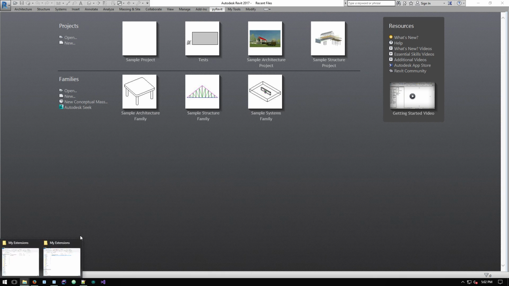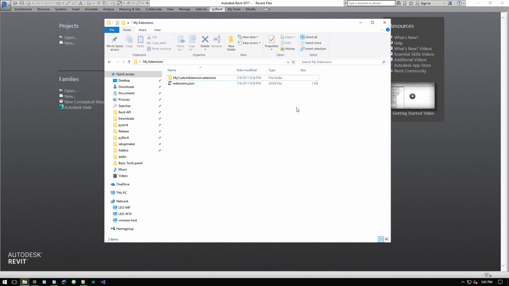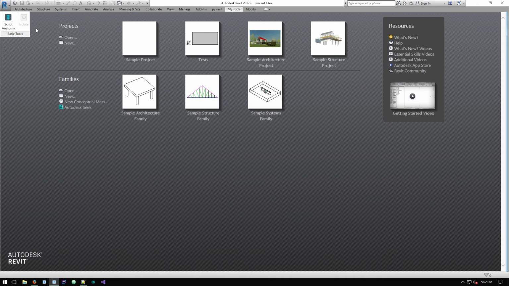I don't think there's anything else on top of my mind other than the other type of extensions, library extensions, that I will explain in a different video. But basically, this is how you add an extension to pyRevit with your own set of tools. So hopefully you'll be able to do this